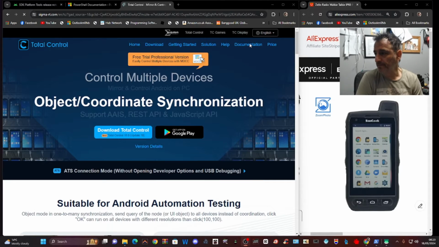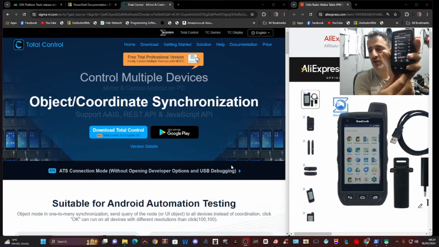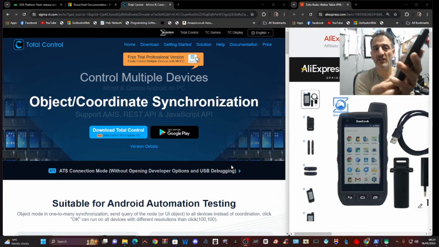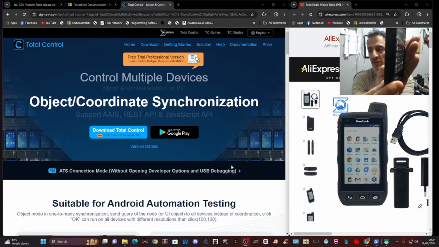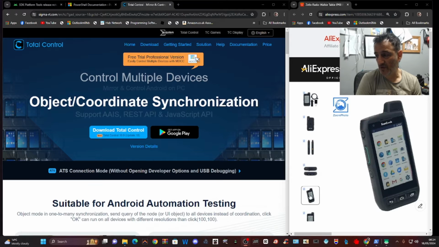That looks like this. I'll just quickly show you this device on the right hand side underneath me. It's actually called a Motorola F10, and it is a Motorola phone, and the one I've got in my hand here, I'll just keep the lead in. It's a rugged device and it's solid, it's heavy, it's not a light device. You're not going to worry about this getting damaged, and it does have a PTT. Hopefully you can see, and lots of other function buttons, and a magnetic charging cable, which I think is very cool. So there it is, there's the device, and they're only about £70 delivered, which I think is a bargain